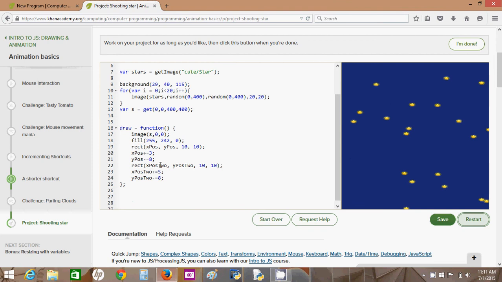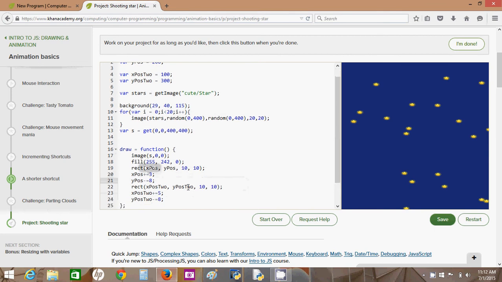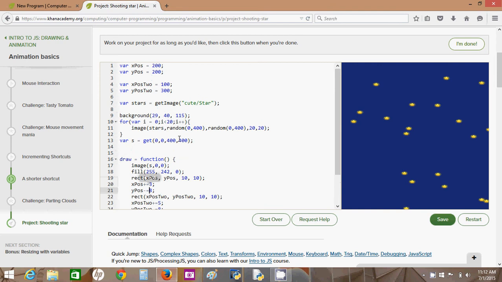They have different variables controlling them, and they have different incrementers, 3, 8 versus 5 or 8. So they go off in different directions, and the complicated thing that I threw in on this one is